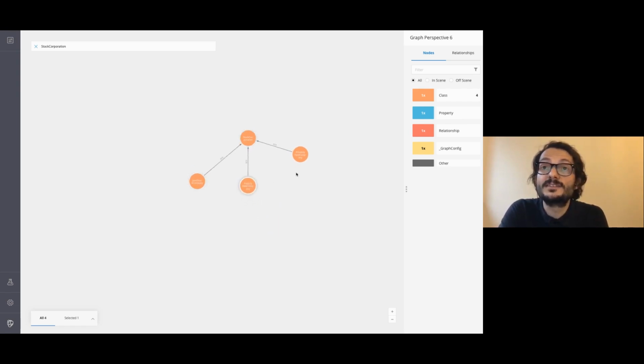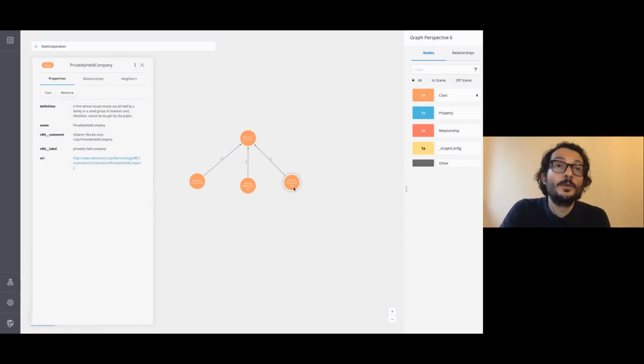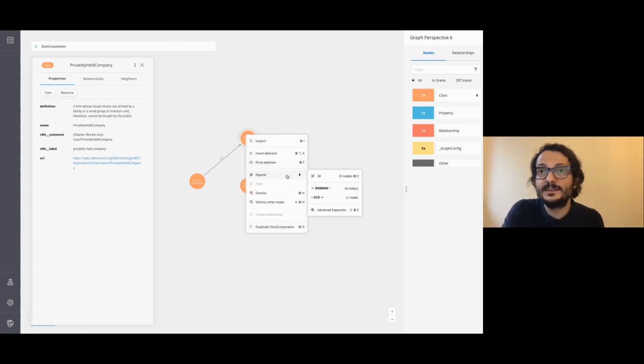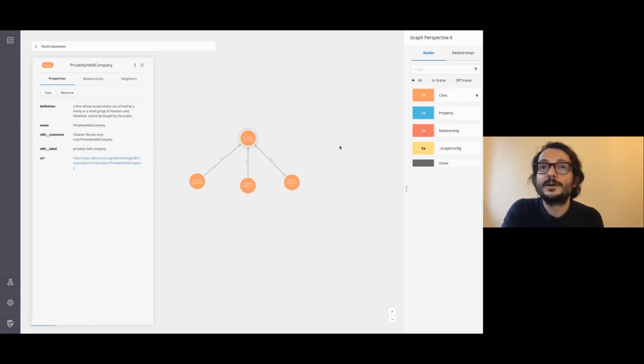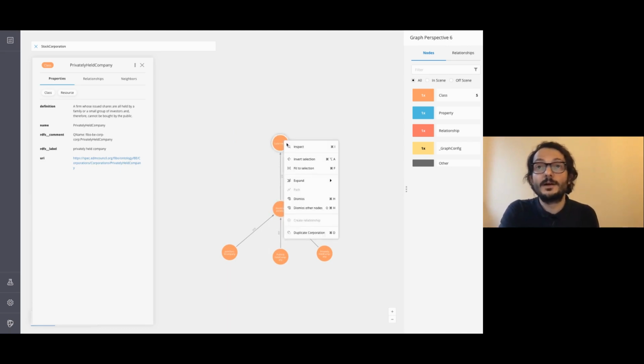One of them is exactly the one we were looking at before, the privately held company, right? Remember that on the slide? So if I double click on it, we can see a human readable definition of it. We have also how they connect to other elements. So I can keep expanding here and see that the stock corporation is itself a subclass of a corporation, and a corporation relates to other entities through, let me see that,